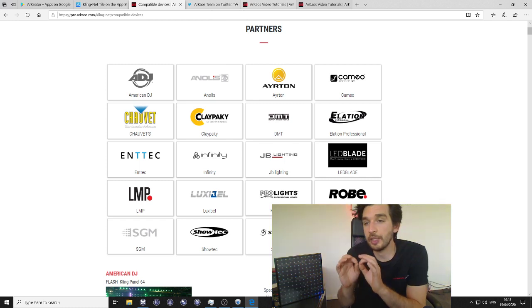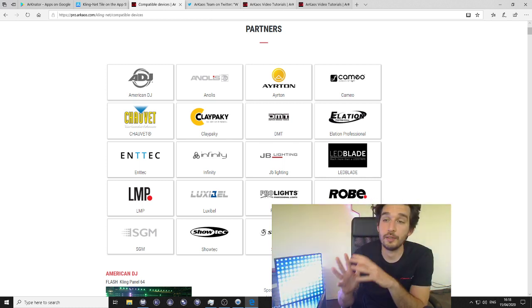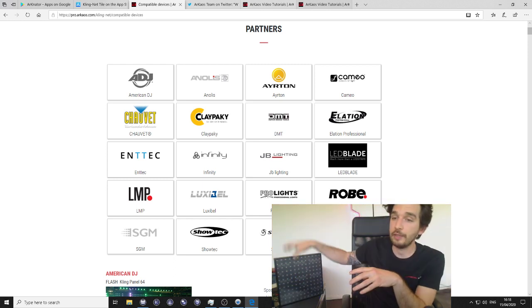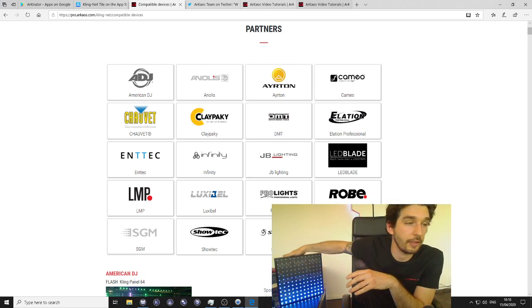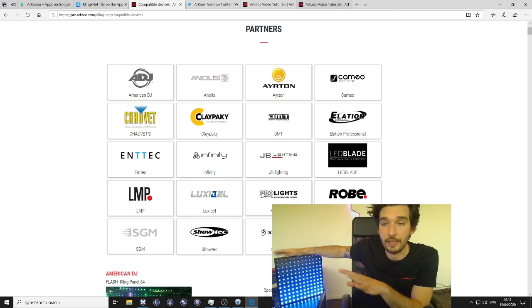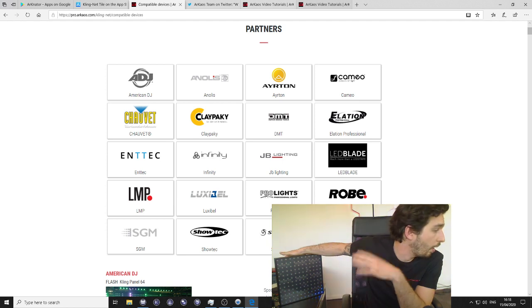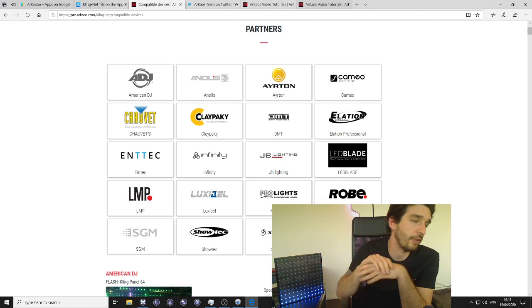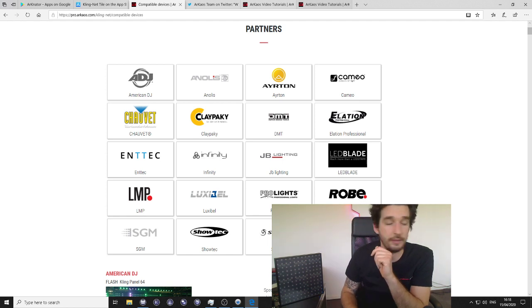KlingNet manages the addressing for you as well. There is no addressing needed in KlingNet. Everything is automated. That fixture has a fixed ID hardcoded inside. That's what KlingNet needs to recognize it. That's it. I don't need to look at the universe patching of that fixture. Everything is automated by KlingNet on that side.